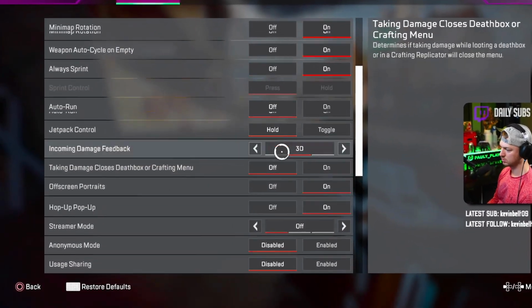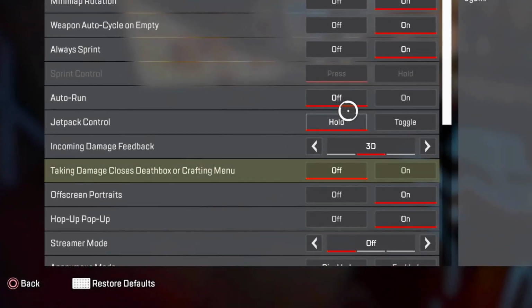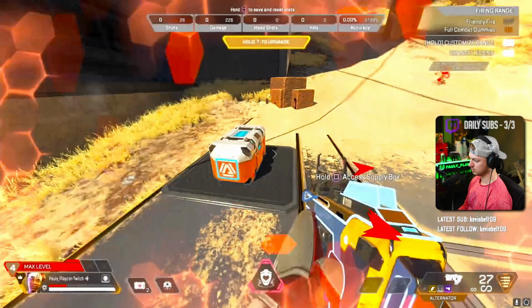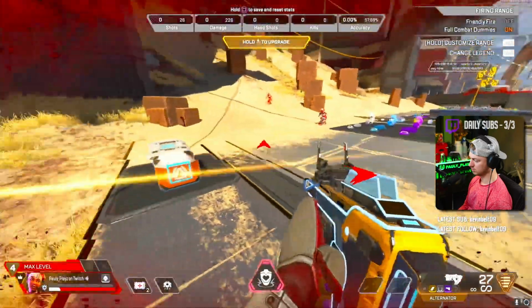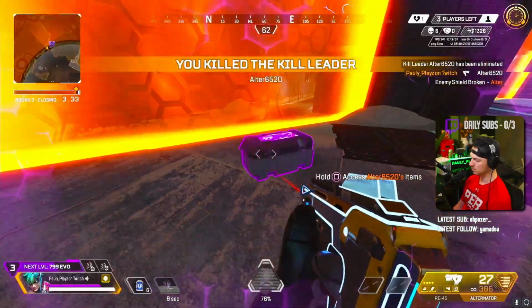However, the most important setting that you can change is taking damage closes death box or crafting menu. Make sure that it is off. If it is left on, you will not be able to shield swap in a fight because every time a bullet hits you, the menu will close, meaning you have to interact with the box again in order to grab the